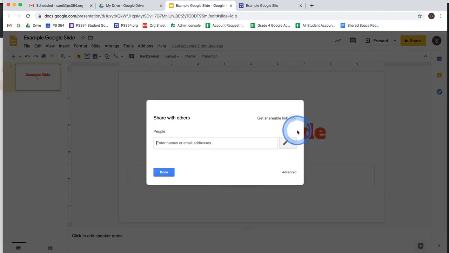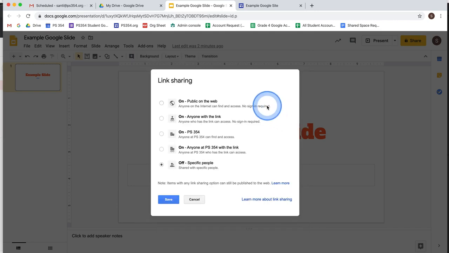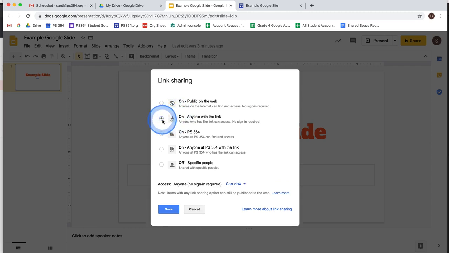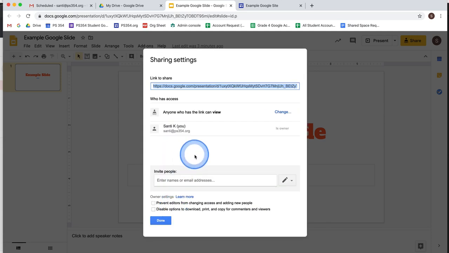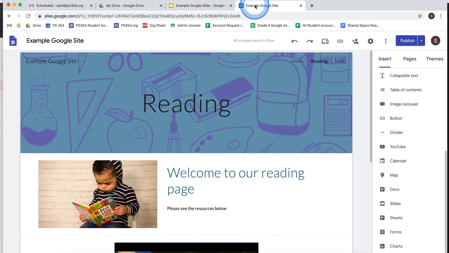So you have to actively click on share, go to advanced, and then go to change. You'll have some options. I recommend clicking on anyone with the link, meaning if you send this link to someone, then they're able to view this file. So you hit done. And then if I go back to my site,